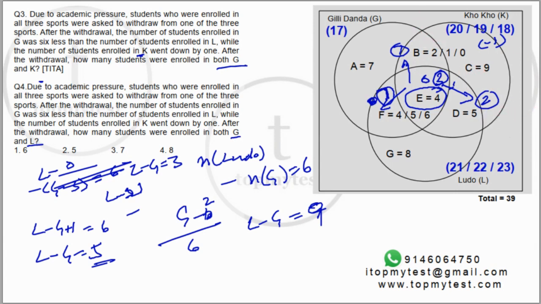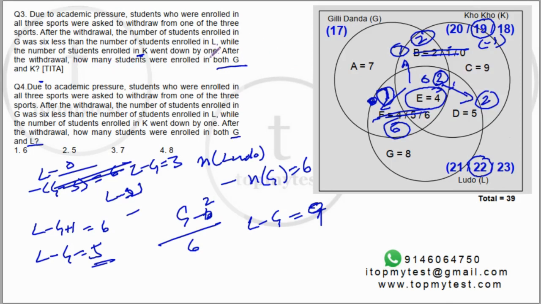Right? So the only way possible is if 1 person moves here and 2 person moves here, in which case L minus G originally should have been 5, which is possible only if this is 22 and this is 19. Now one more person is there. So initially there was 1 plus 1, now there are 2 here. There were 5 here, 5 plus 1, now there is 6 here. Now we can answer both the questions.